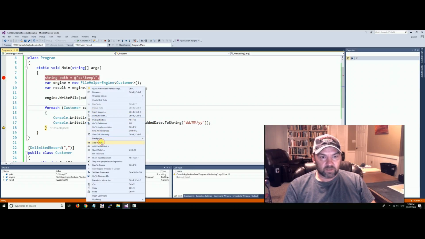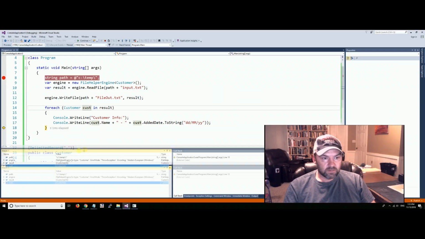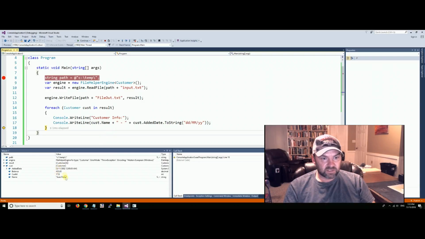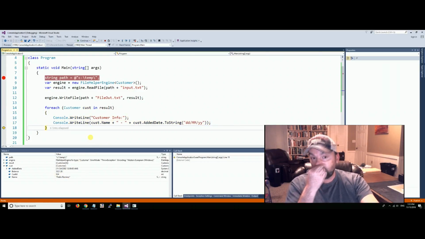You can add a watch right here. Watch this. So I added a watch and cust. Now watch this change as I loop through it down here. Watch this change. It's Juan Perez. We're watching the values down here. Pedro Gomez, Ramiro Politi, and see, we added a watch, and we can see these values, and we know what to do with it. Okay, so